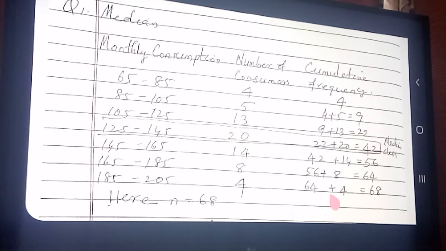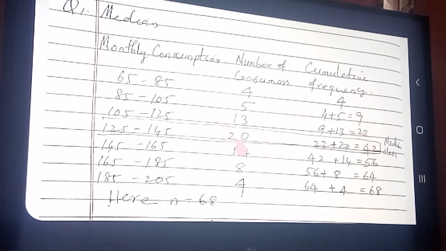For finding the median of any question, you always need a less than cumulative frequency table only. How to make it, I told you. See here once more. Here 4, and in the next column 4 and 5 add and write, and in the next column add this too. Or add this cumulative frequency with the 13, that is also okay. Whatever way you write, the same answer will come.